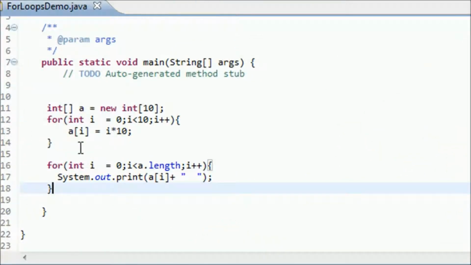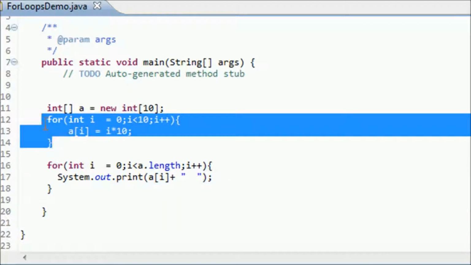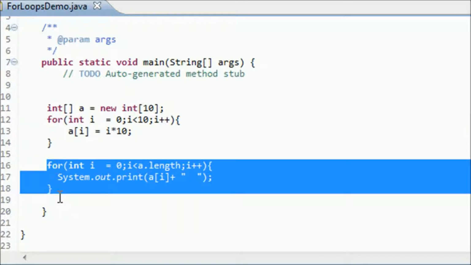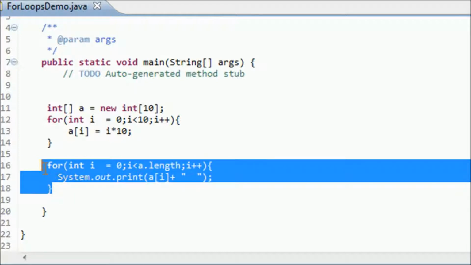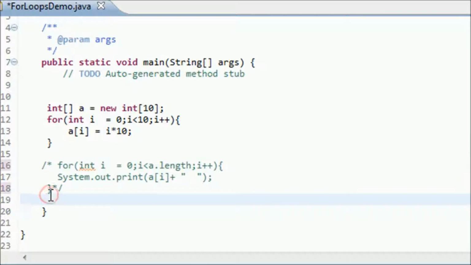Here I have initialized an array like this, and I am printing using a for loop. Here I am using initialization, length of an array, and incrementing. I am commenting this out, and I am using the for each loop. Here the syntax is I need to declare a data type for the array elements.